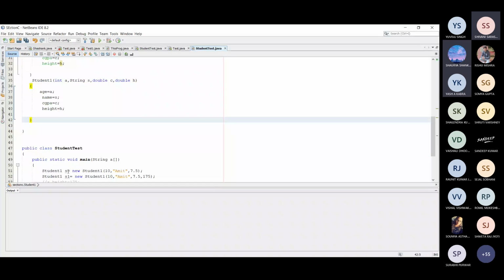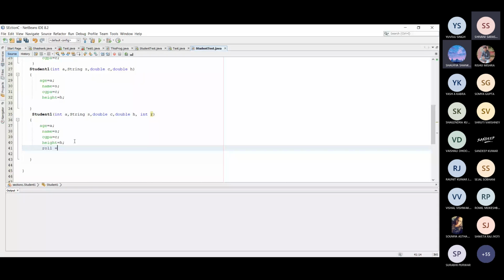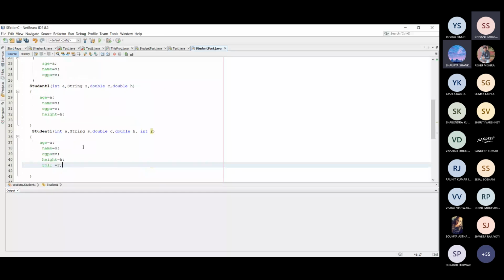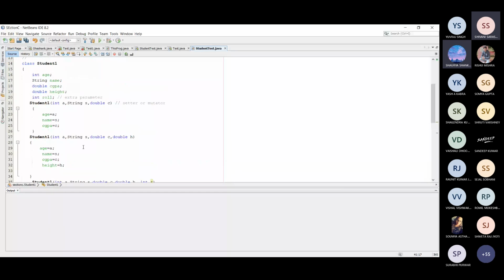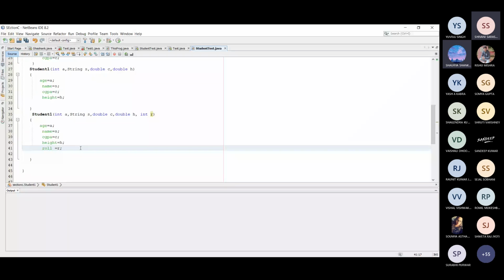Okay, here integer r, just write like this. But again, the problem is that the overloading of constructor creates extra overhead in terms of number of lines of code. So what can a smart programmer do in that particular case? Can anyone tell? क्या programmer को करना चाहिए इस केस के लिए?